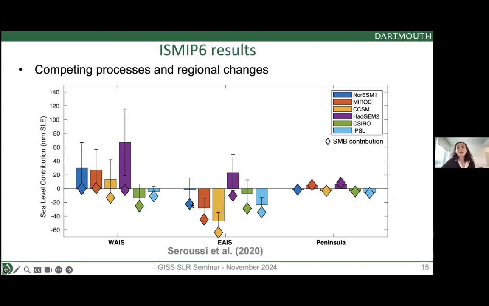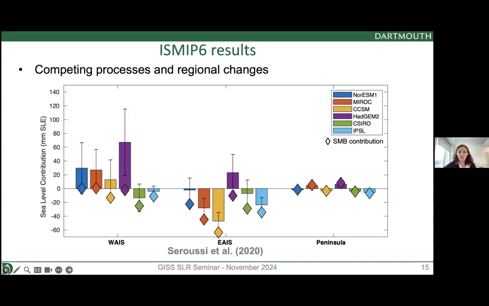That means with these warmer conditions, there is more moisture trapped in the atmosphere, more surface mass balance, more precipitation. And so East Antarctica is gaining more precipitation. But you also have the ocean playing a role. If the ocean gets warmer, you also have a dynamic response to that: dynamic thinning, acceleration. And so the difference between this change in surface mass balance and the total is the dynamic contribution from the ocean. And so we see what's the picture here.